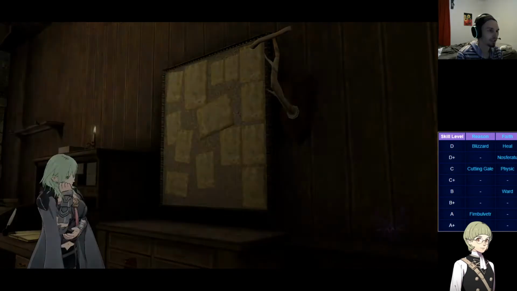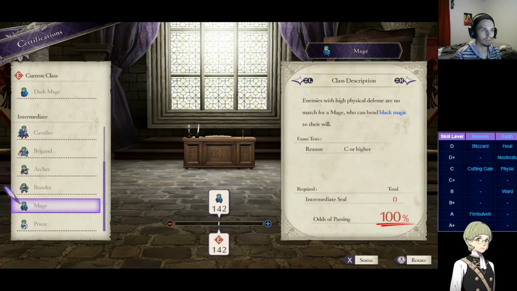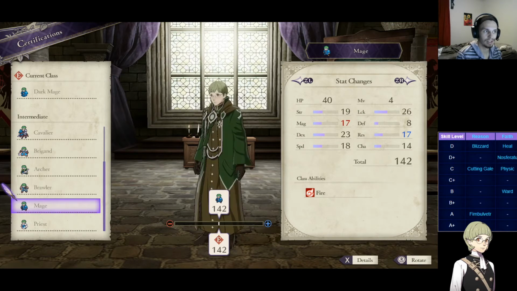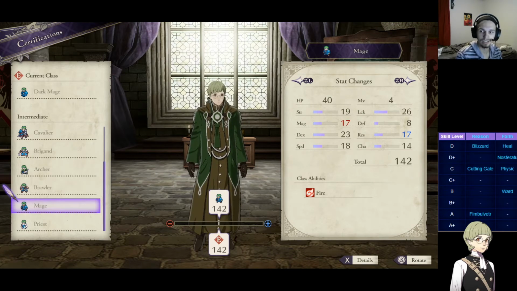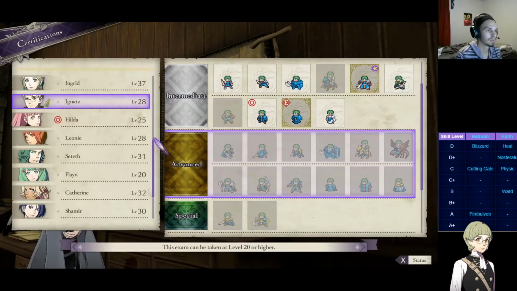Then I'm going to make him a mage so I can give him Fiendish Blow and let him do some more damage with his magic. Let him master that real quickly. And then he can do some more chip damage. Then as soon as I get a Dark Seal from the Death Knight, I'm going to let him class into